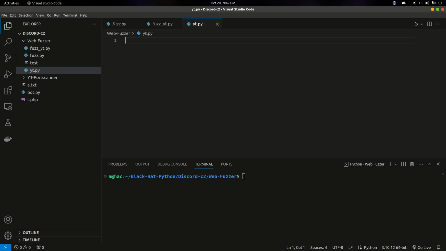We will make our own web fuzzer, or you can say directory buster. It will not be as good as the tools you use like GoBuster or Feroxbuster, but hey, we will try to learn something new over here, right? Again, it will not be the best, it will be fairly simple, but we will try to learn something. So we will start by